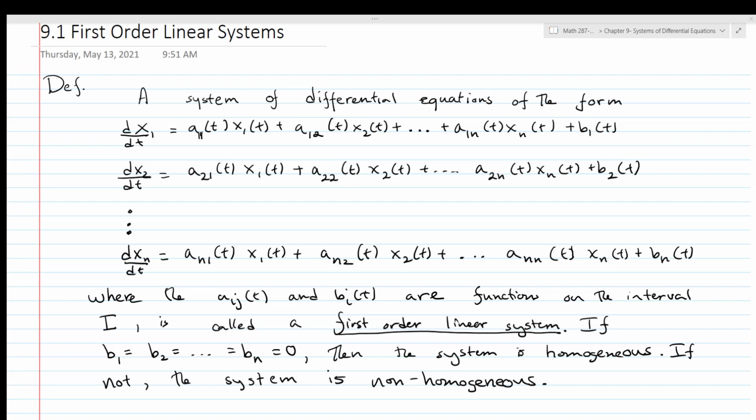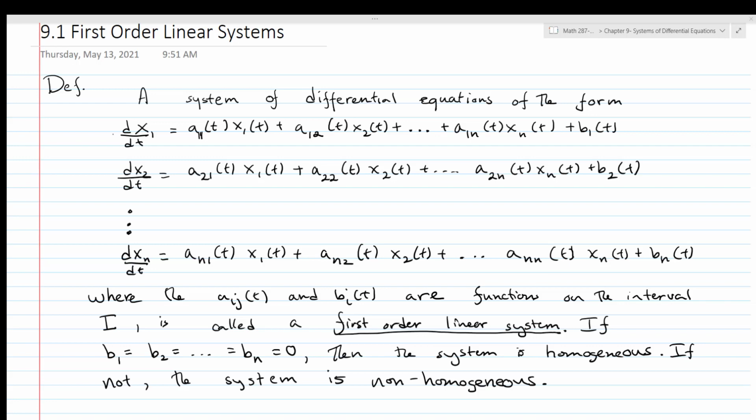Okay, so what we're going to be looking at now is first order linear systems and systems of differential equations, and we're going to start with these first order linear systems. So if you look, what you've got here is a system of differential equations of this form,